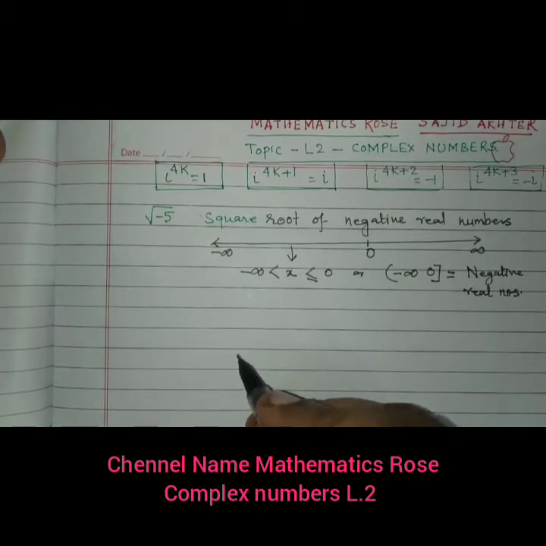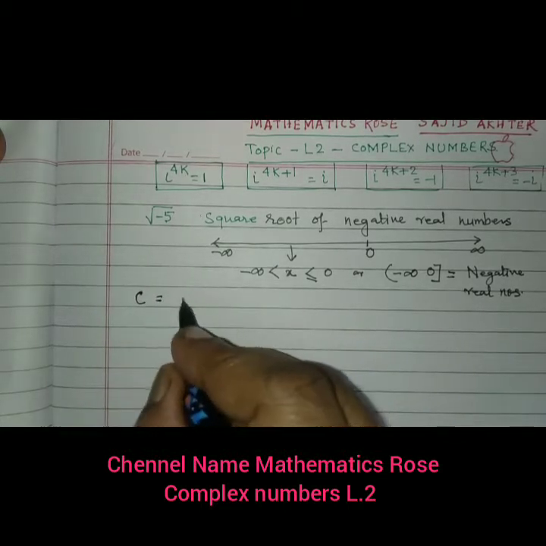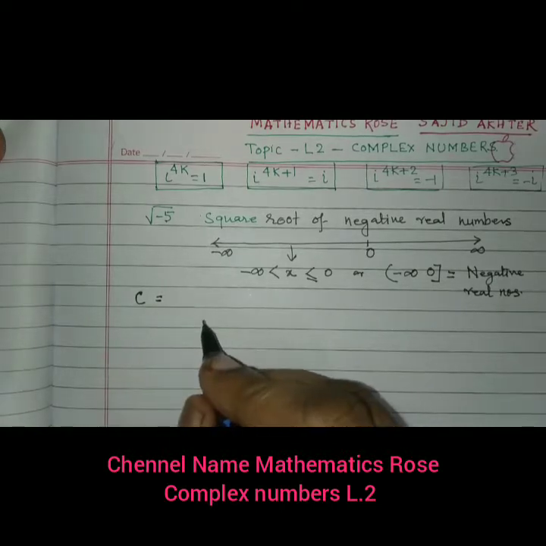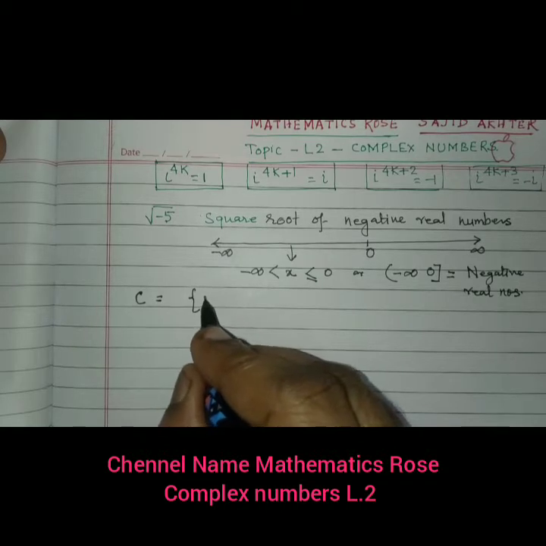An imaginary number. And complex number, we can also say that all imaginary numbers are complex numbers, all real numbers are also complex numbers. So the set of complex numbers is denoted by C, and it is such a number, suppose